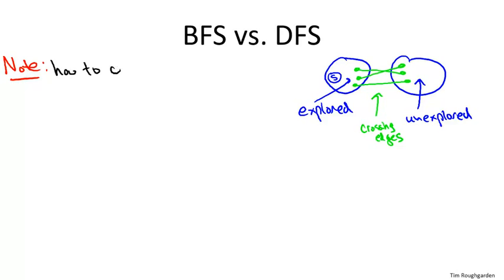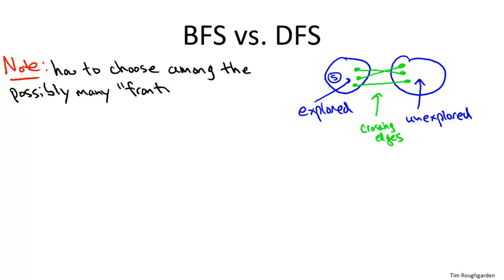And the question is, in general, in an iteration of this while loop, there's going to be many such crossing edges. There are many different unexplored nodes we could go to next. And different strategies for picking the unexplored node to explore next lead us to different graph search algorithms with different properties. So the first specific search strategy we're going to study is breadth-first search, colloquially known as BFS. So let me tell you sort of the high-level idea and applications of breadth-first search.